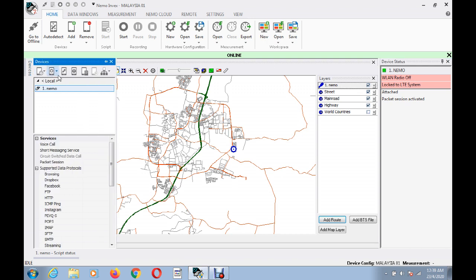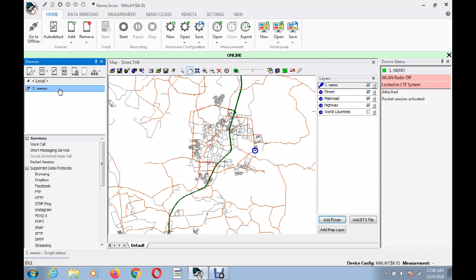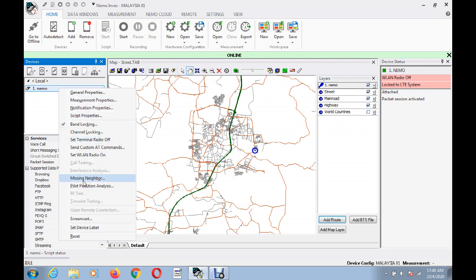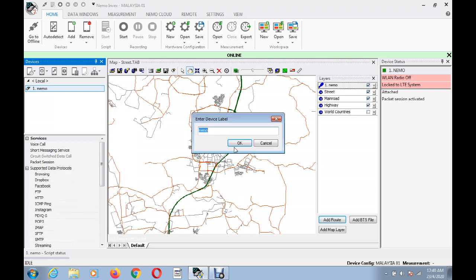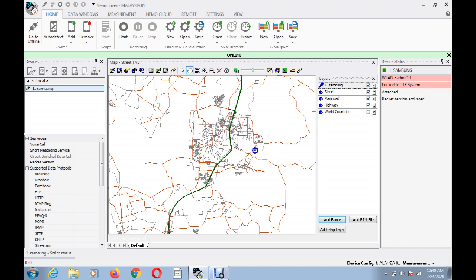Here in the devices, you can also see I already put the device name. Instead of Samsung I put Nemo. You can also change your device name here. Just right click in devices, set device label. Here I want Samsung. You can put any name according to your choice.